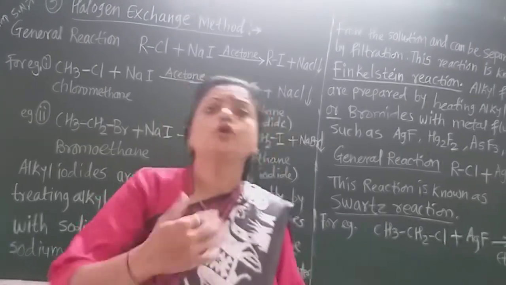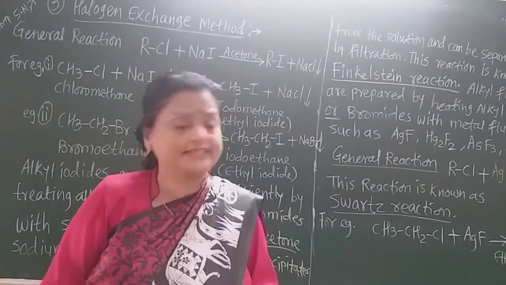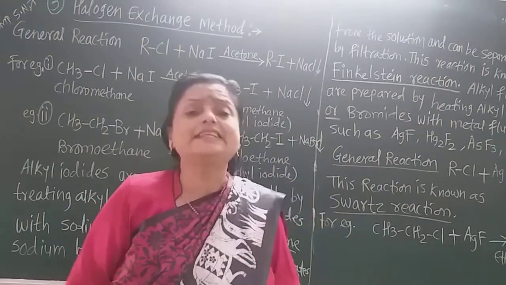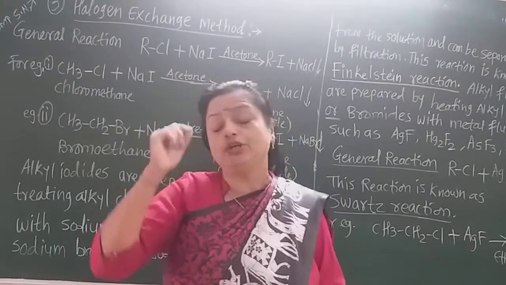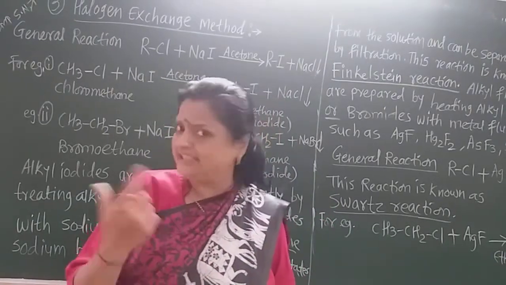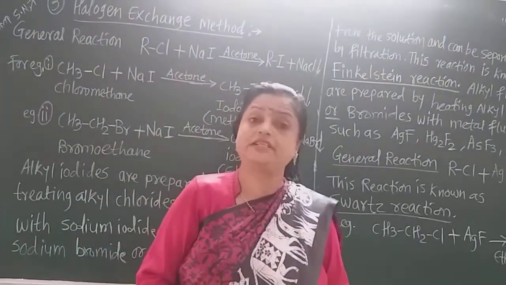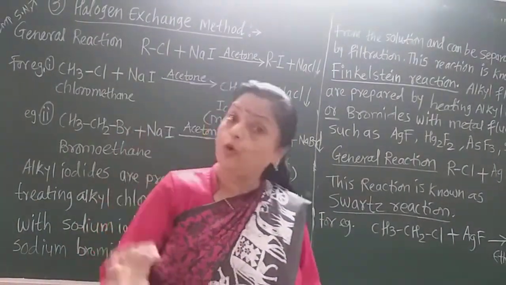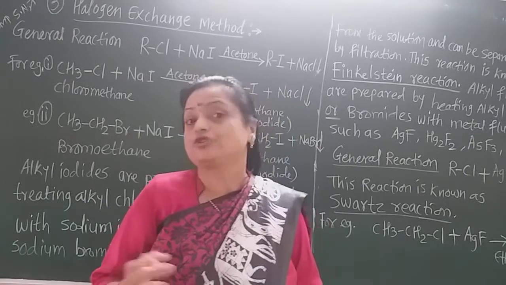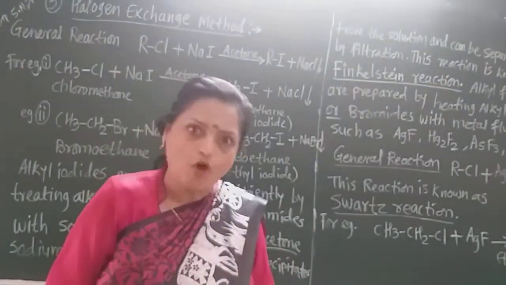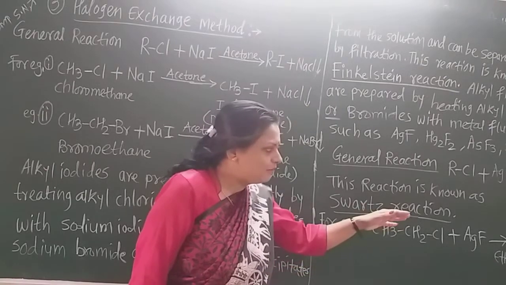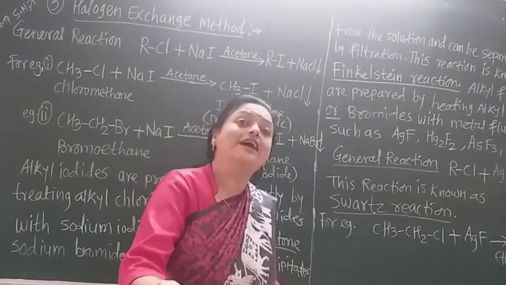And another short note is there. They directly ask you in the examination, write a short note on Swarts reaction. Now in the Swarts reaction you must know that there is also halogen exchange. It is also the second halogen exchange method. But in Swarts reaction there is only the preparation of alkyl fluorides and not chlorides or bromides. That is a very important point. If you prepare alkyl chloride in Swarts reaction, you will get 0 marks.